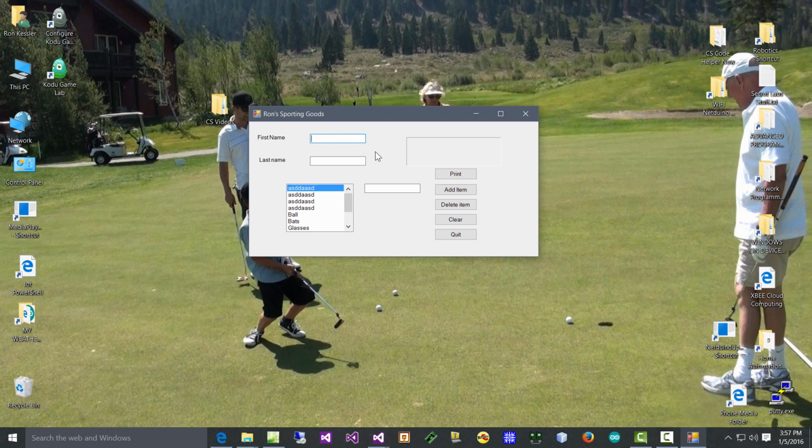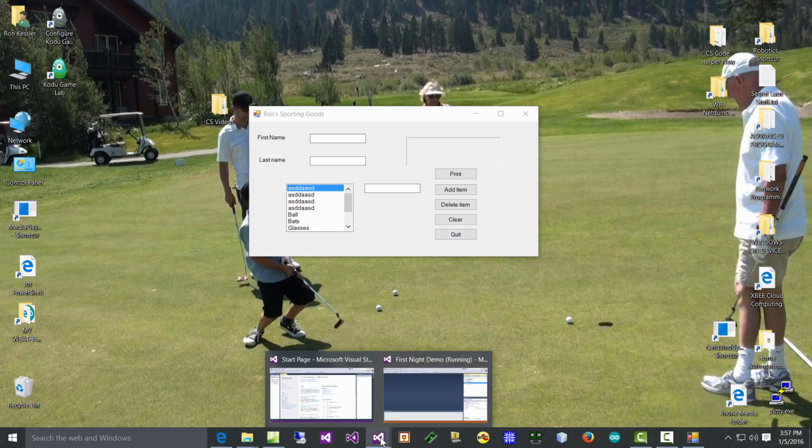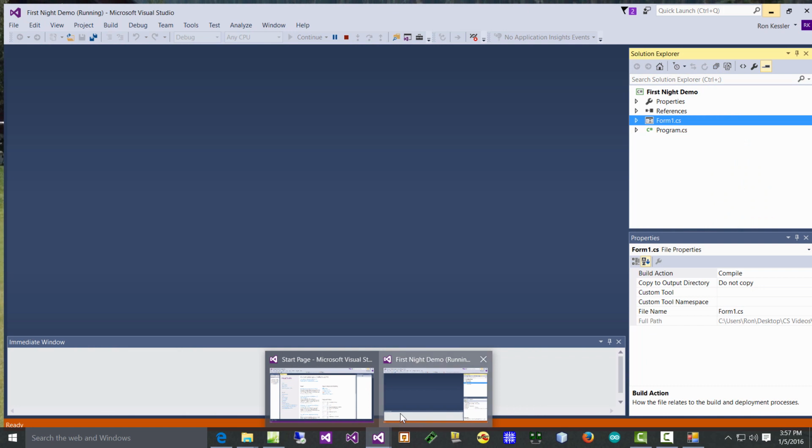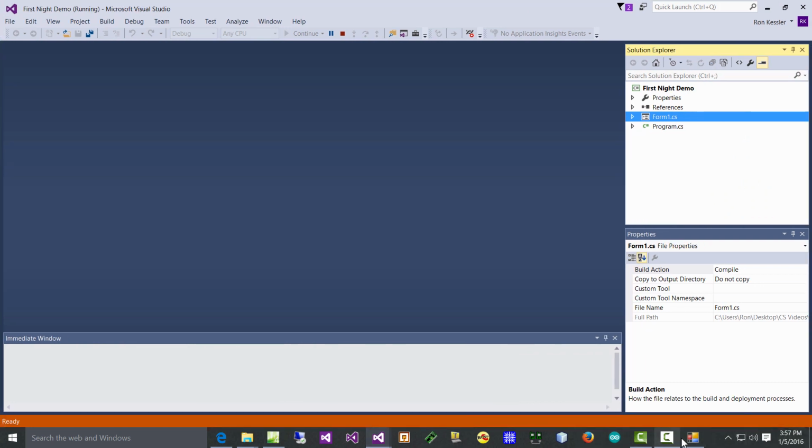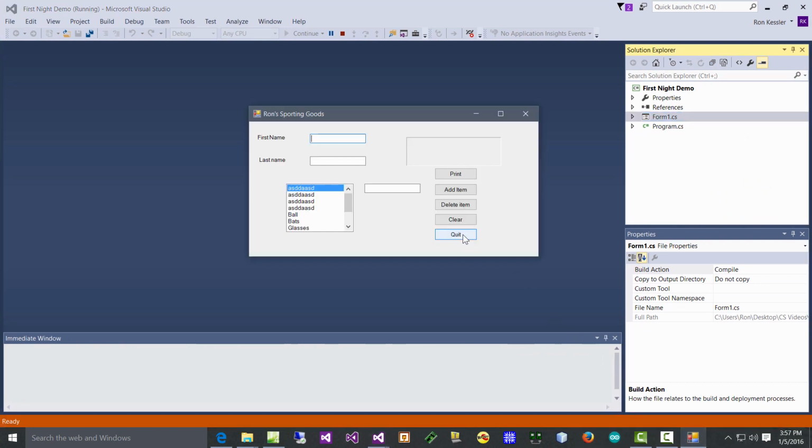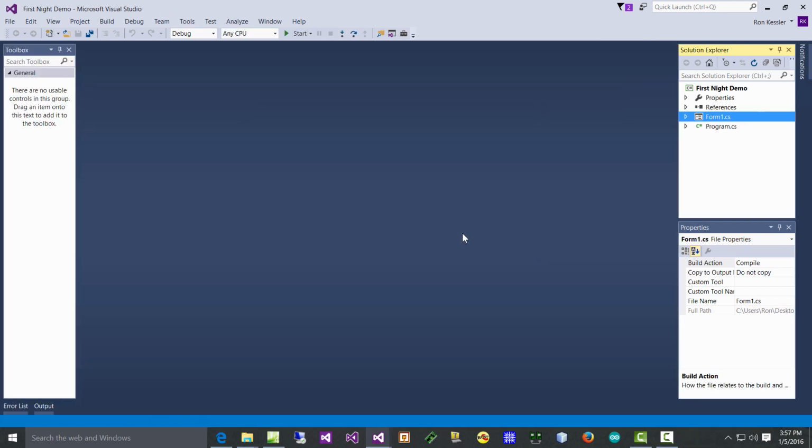All right. Now, the last one is a simple one, of course. The quit button in this case doesn't ask you, are you sure you want to quit? But at some point in the semester, we will look at them and say, hey, are you sure you want to quit? And we'll put a yes, no button on here. But for right now, when I hit quit, it just closes the form, and that closes your application